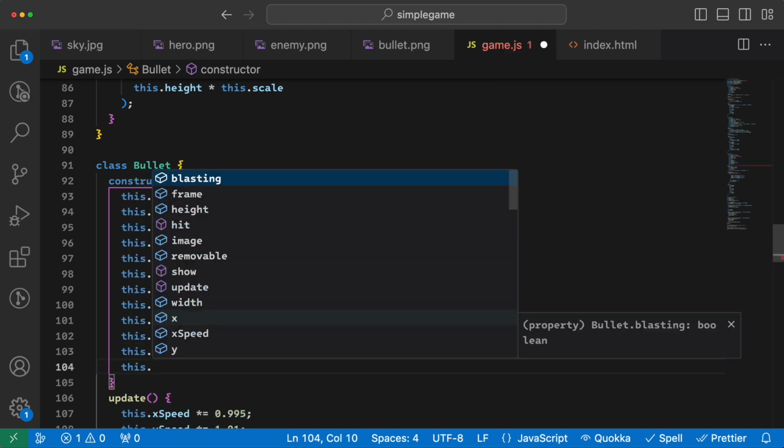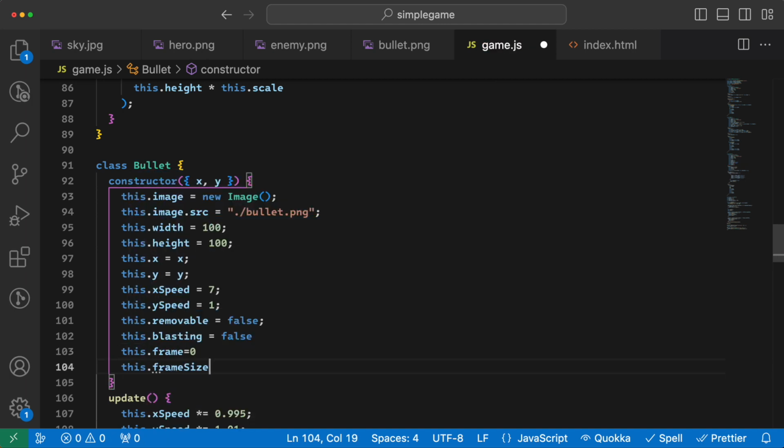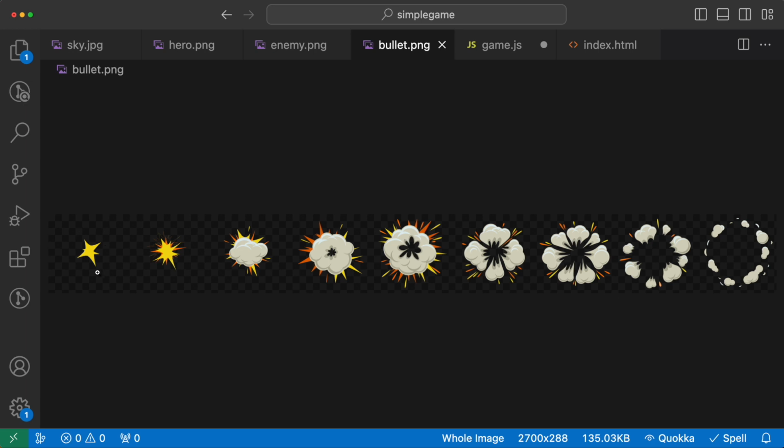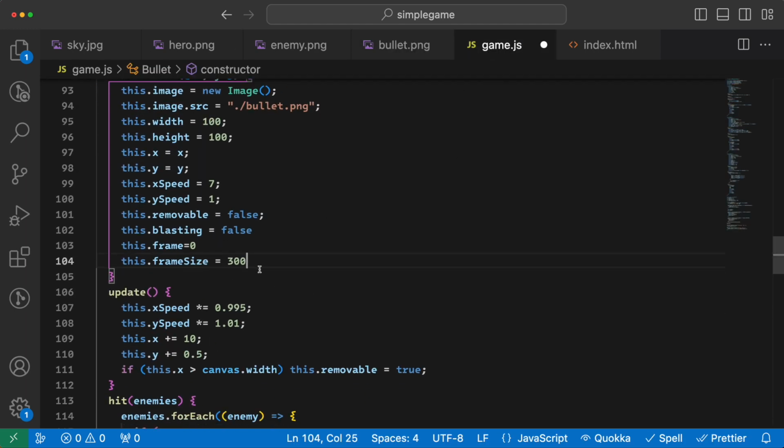And there is one more thing, which is the size of the frame, which is 300. Because as you see, we have created the bullet with X and Y and used it here with the width and height of 100. So this one is 100 by 100, but these frames are like 300. So we need to have a 300 by 300 frame when we do the blasting. So here, when the frame size is 300,